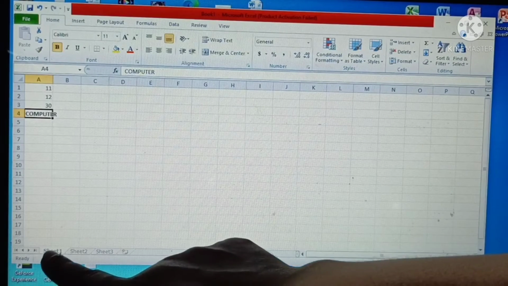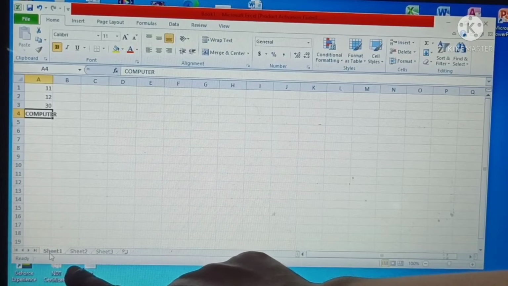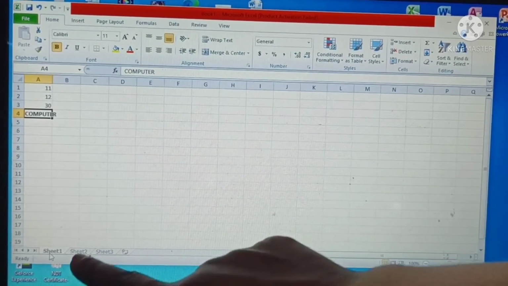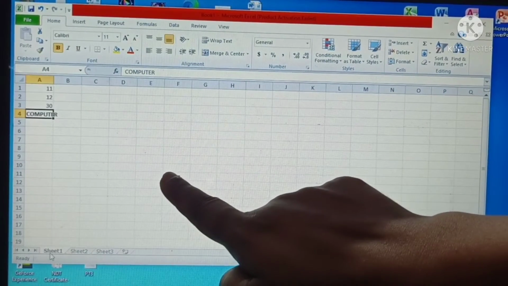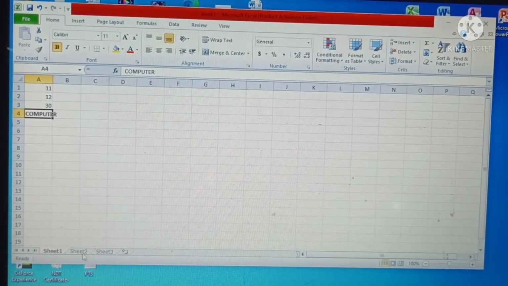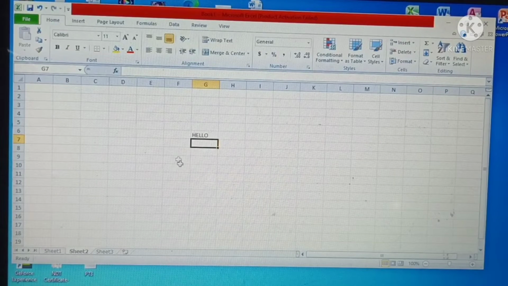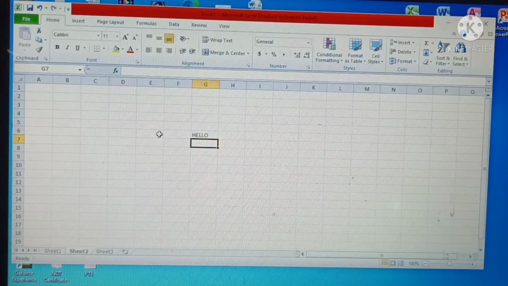Here we can see that by default it contains 3 sheets: Sheet 1, Sheet 2 and Sheet 3. Now we can activate the Sheet 1 worksheet. Here I am going to click on Sheet 2. Look at this. Now we can see Sheet 2. The selected worksheet becomes active and the other worksheets are hidden behind. At a time we can see only one worksheet. When you click on a worksheet, that worksheet will be active, and the other worksheets become hidden behind.